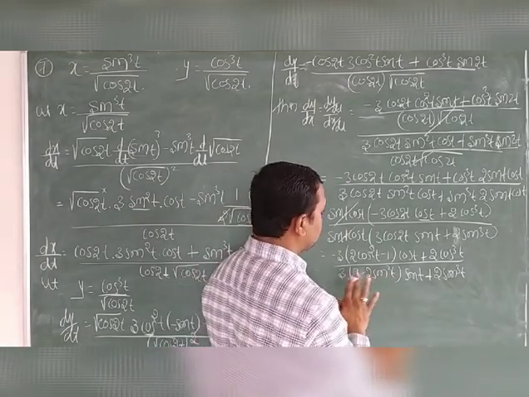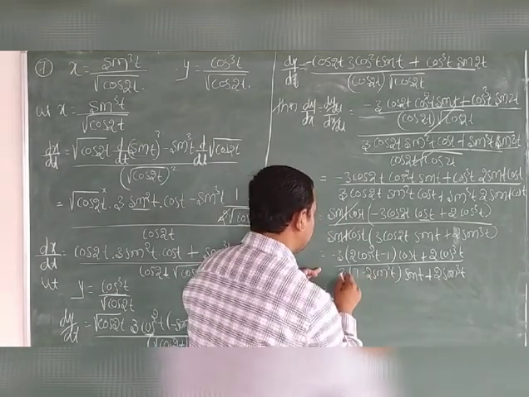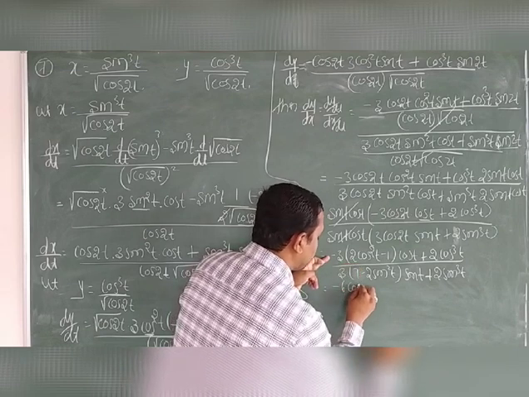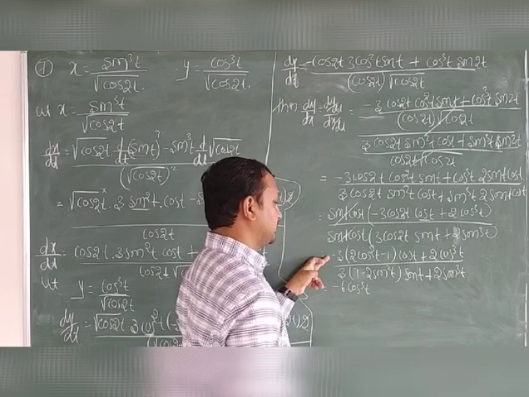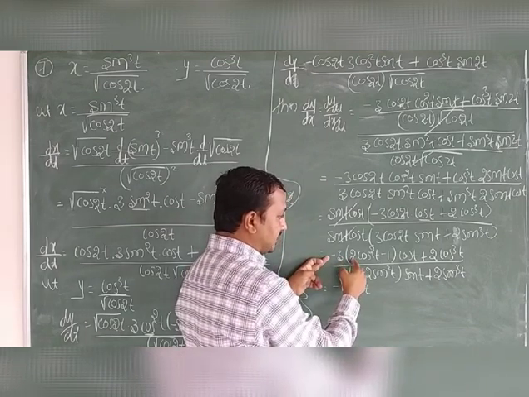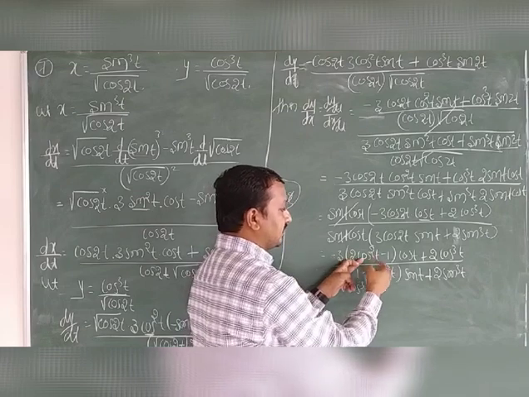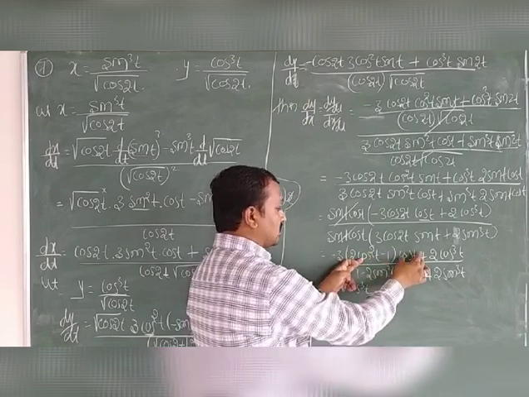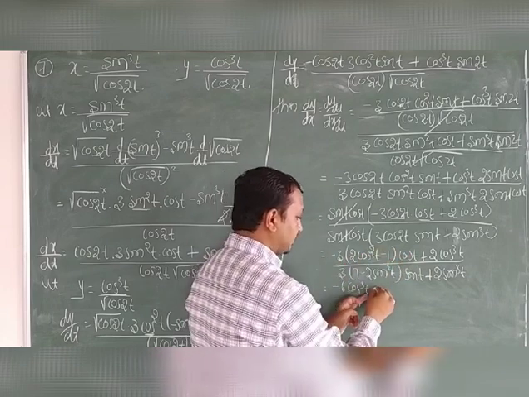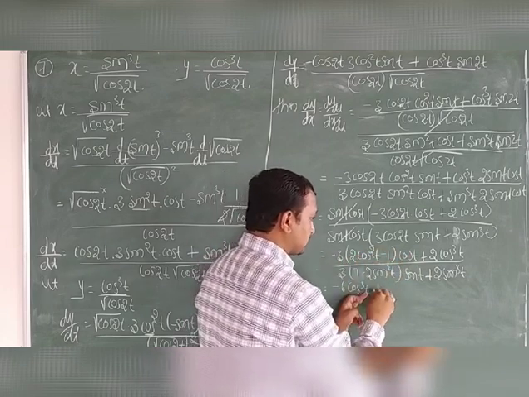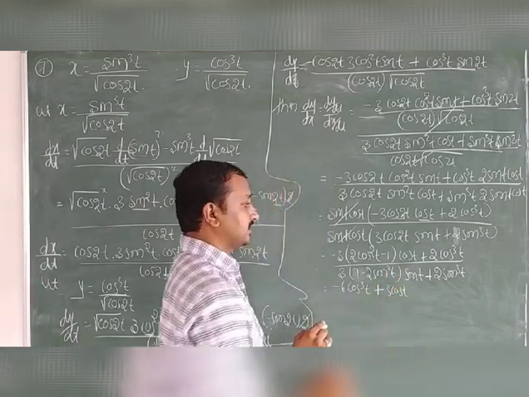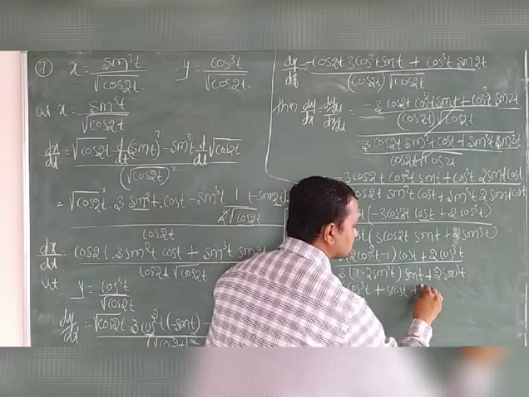We can multiply the term, it will become minus 6 cos cube t. It's clear that minus 3 into 2 is minus 6 cos square t. This is also a multiplication term: cos, minus 3 cos t multiplication. Minus 3 into 2 is minus 6 cos cube t. Minus into minus is plus 3 cos t. Okay, here plus 2 cos 2t